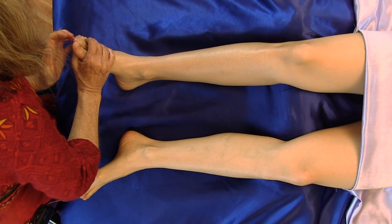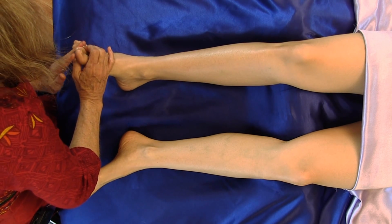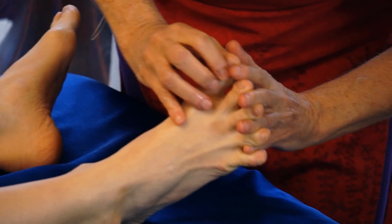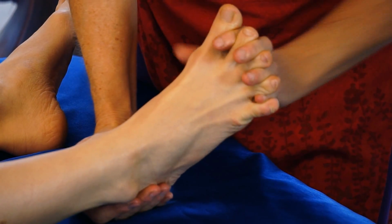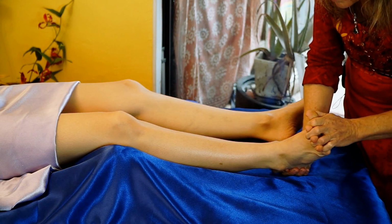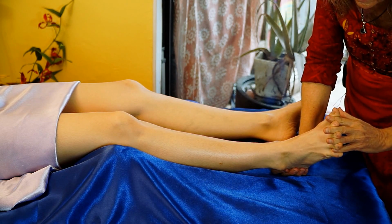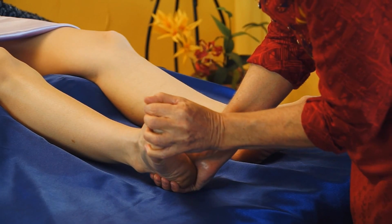There's the place where you can stick your fingers. You may or may not be able to get them between each toe. The more you can get your fingers in, the better alignment their feet are in. And sometimes it's a little higher. This is a pretty good spread of the toes. These are well taken care of feet. And just working them a little bit that way, stretching them, and then rolling them back down in a little